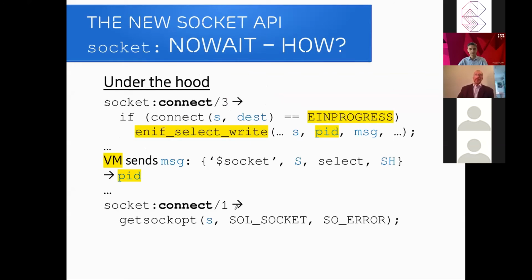Under the hood of a no-wait connect, the NIF gets a return value from the operating system indicating that the operation could not complete immediately. So the NIF tells the VM that when this file descriptor gets writable, you should send this PID that message. And the VM puts the selector, the file descriptor, in the poll set, and when it falls out, it sends the message to the PID. And the process goes on with calling the follow-up function that for connect on Linux often does a getsockopt. This is a different way on each platform. Asynchronous connect is a nightmare.